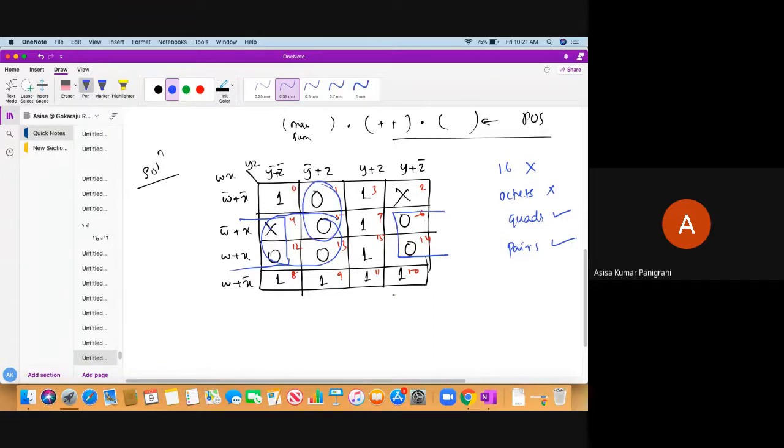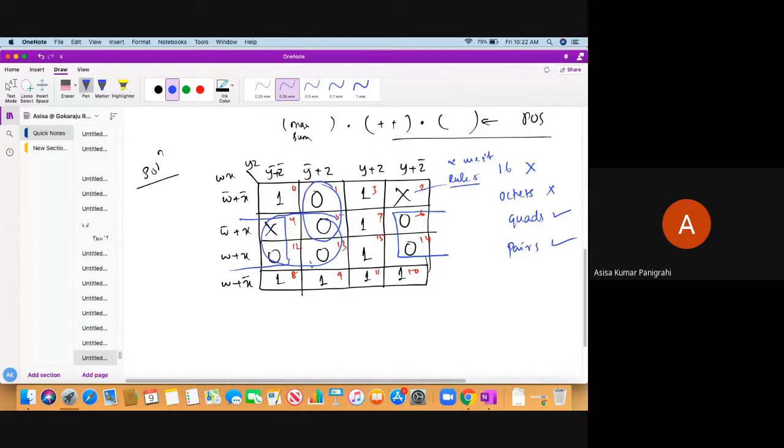So these are my 3 combinations, and I am not going to use this don't care as per rule number 5. What is rule number 5? There is no such rule that all the don't cares must be used for the combinations or for the simplification. According to rule number 5, we are not going to use it.